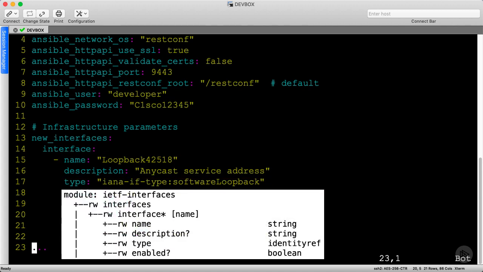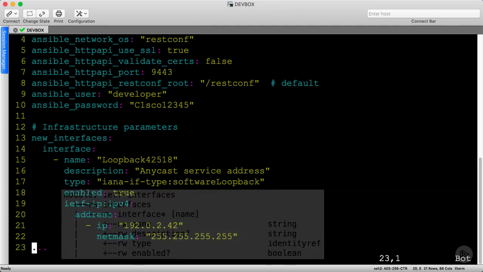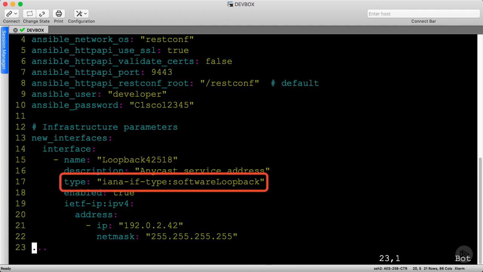You may not remember from the last module, but the name and type are both required parameters. Notice that they don't have question marks next to them in the screenshot. To keep things simple, I just copied the type from the JSON files we collected in the previous script. That's a simple technique for constructing Yang-based payloads without having to hand type everything.